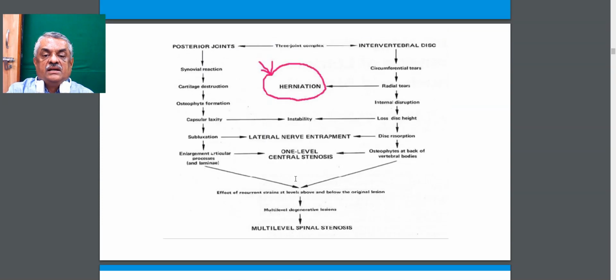Now this is Kirkcaldy-Willis degenerative cascade, where we know that the facet joints are undergoing changes, the disc is undergoing changes in the form of tears, etc. And there are three stages which are proposed as dysfunction, instability, and natural stabilization. Now please remember that natural stabilization is over-exploited by traditional surgeons to propose stabilization for everything, because they feel that is the natural outcome, therefore they should stabilize. It has no scientific validity except in patients with deformity or instability.